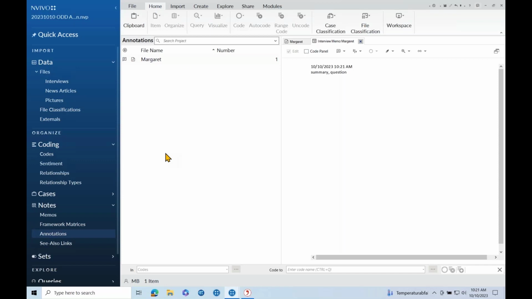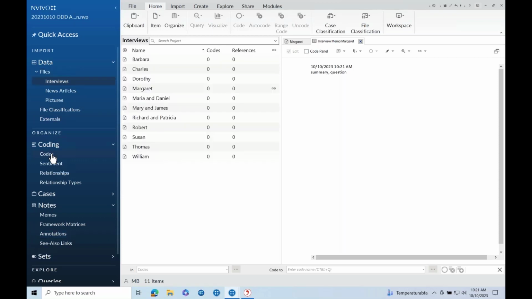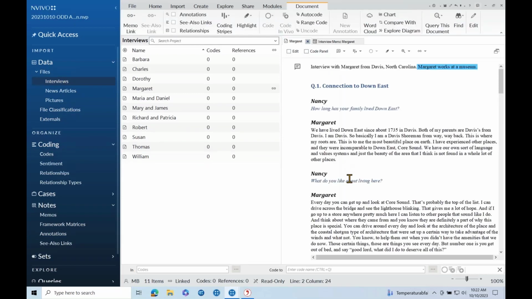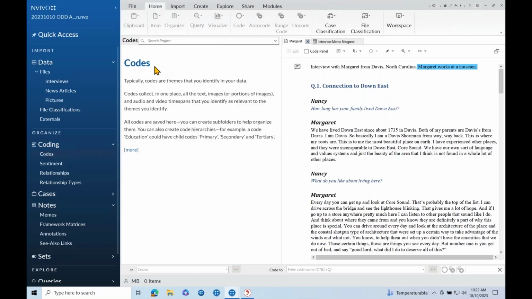Okay, this is what I can do to take notes and write about our data, but what about the codes? So let's go back to Margaret's interview. In NVivo, I can use categories or codes to code my data. So this will be relevant for any one of you who uses a category-based analysis approach with their data. So what I can do here under codes is I can simply